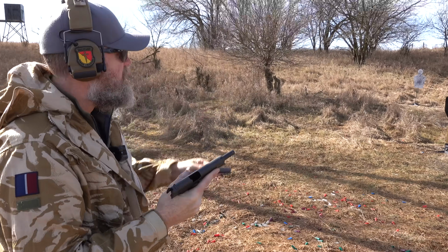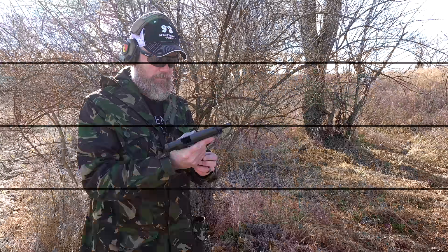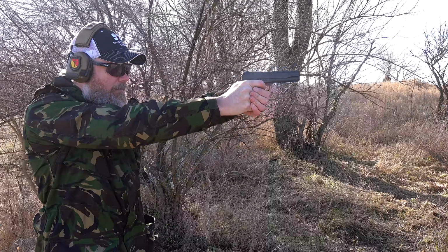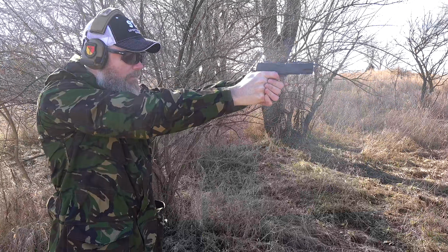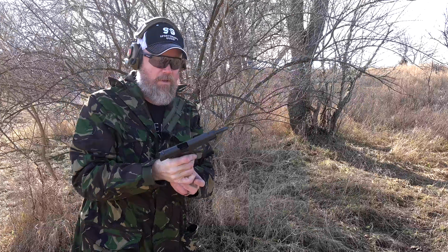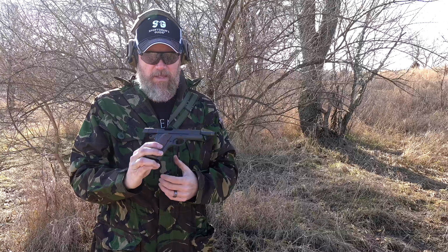And locks open. As you can see, the gun's shooting a nice tight group down there. It's about 8 to 10 yards away. Those sights are spot on. So the quality of the gun seems to be spot on, guys. We have had no malfunctions with this handgun. We've been shooting it for several days, and we've put hundreds of rounds through this thing, and it had no